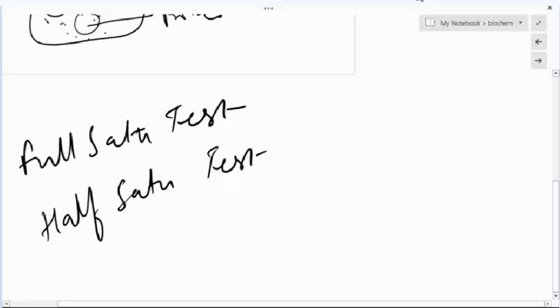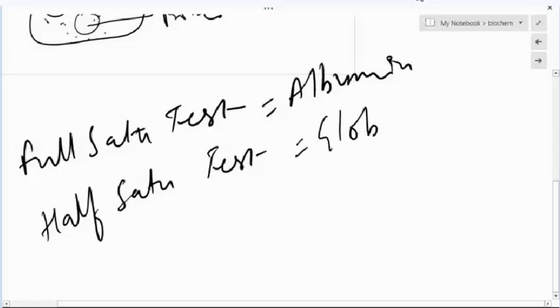You always remember that when we talk about albumin, albumin is precipitated at full saturation. When we talk about globulin, globulin needs less amount of ammonium sulfate, so it's precipitated at half saturation. So this also may be a potential MCQ. Full saturation means you need more amount of ammonium sulfate for precipitating the albumin, because